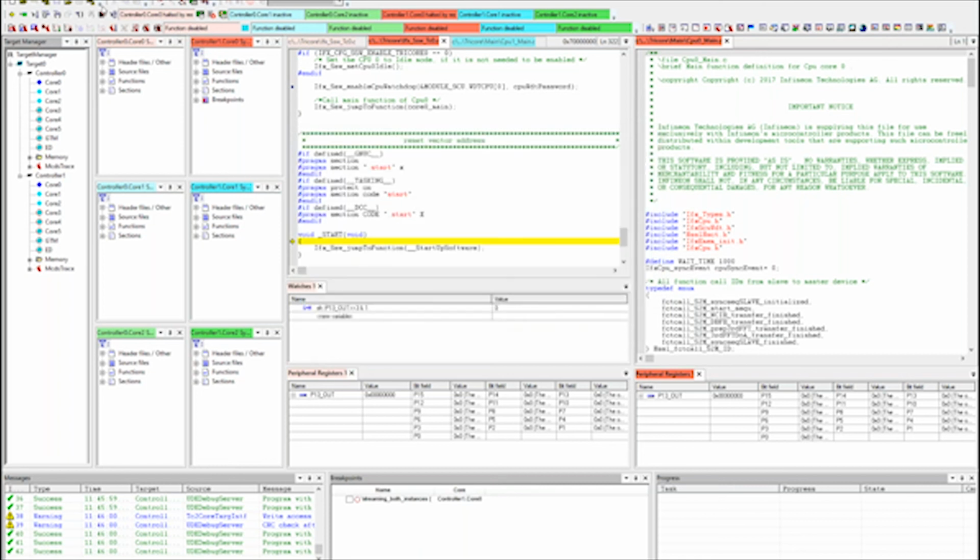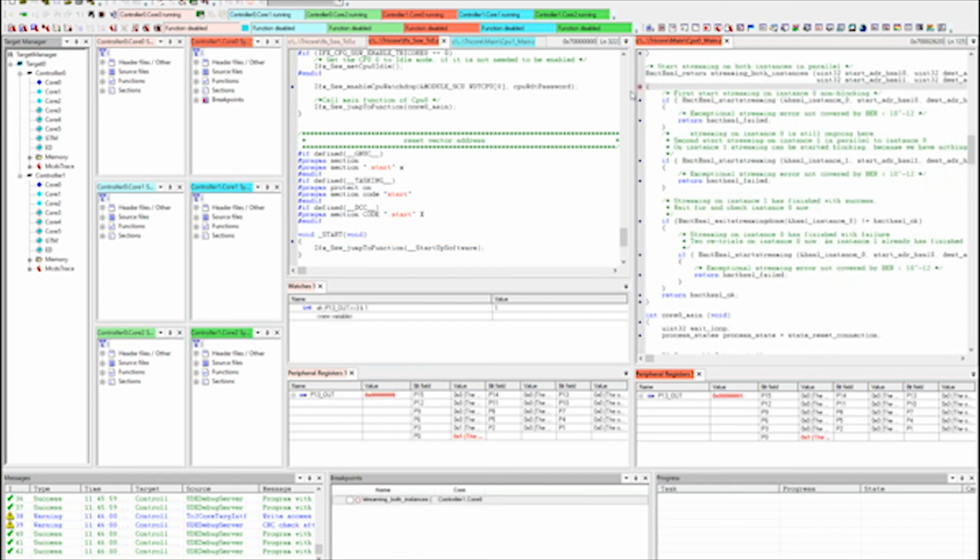That means if we start the application and enable the breakpoint again, you will see that we hit the breakpoint in controller B, but we also hold